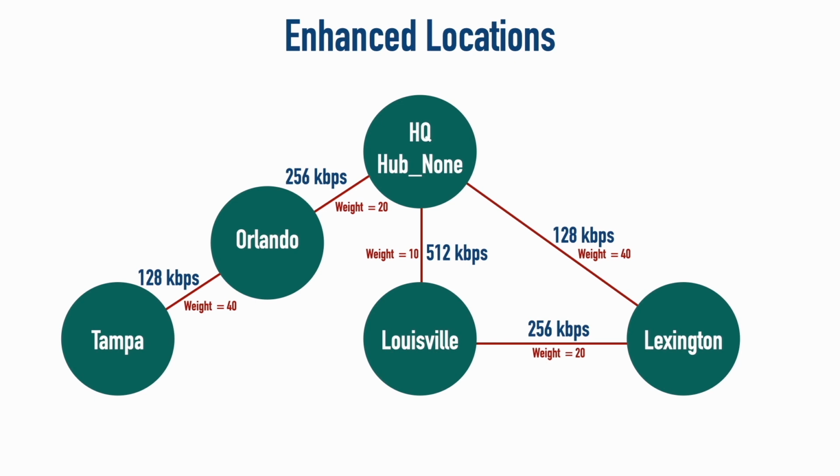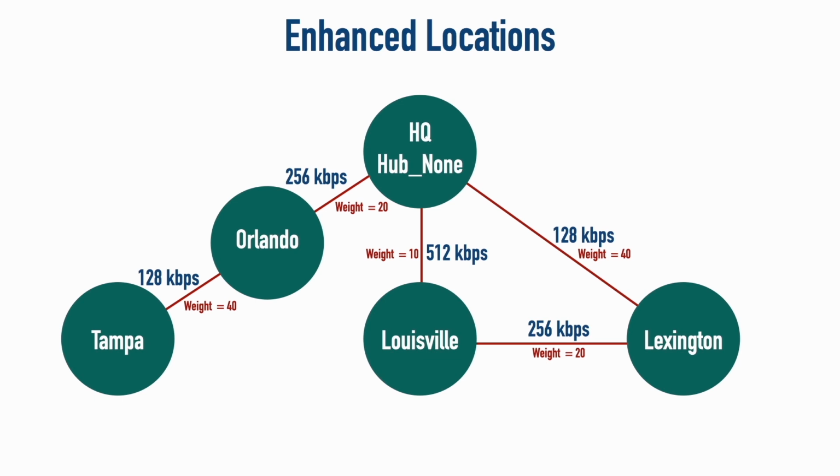the weight. I would no longer take that direct path over the 128K link that has a weight of 40. I would instead say, I'm going to go down to Louisville. That's going to give me a weight of 10, and then go from Louisville over to Lexington. That would add on the weight of 20. So we would have 10 plus 20. That's a grand total weight of 30 if I go from Hub None to Louisville to Lexington. That's less than the weight of 40 if I go directly to Lexington. So that's the path I'm going to take, from HQ's Hub None location to Louisville to Lexington, and that's called